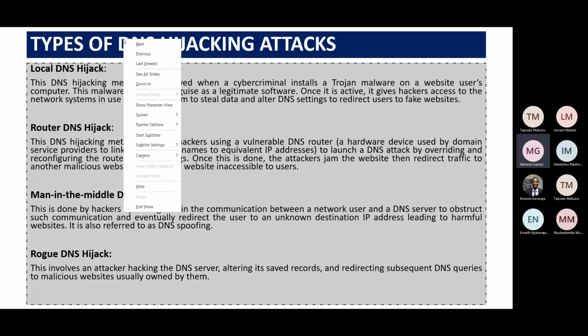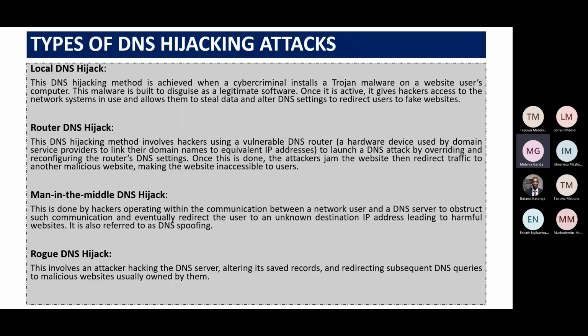I'm taking you through the types of DNS hijacking attacks. We've got four: the local DNS hijack, the router DNS hijack, the man in the middle DNS hijack, and the rogue DNS hijack. On the local DNS hijack, this method is achieved when a cyber criminal installs a Trojan